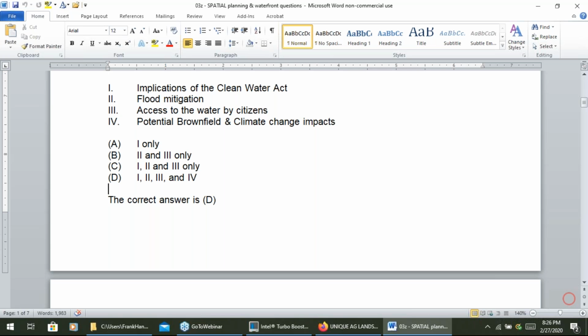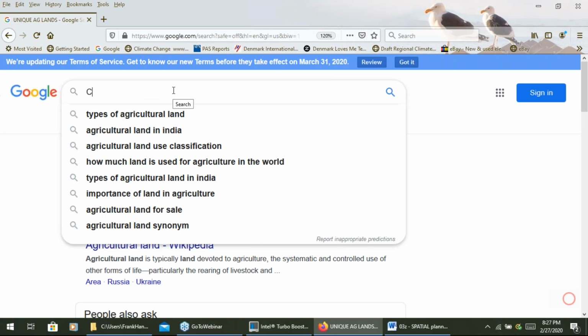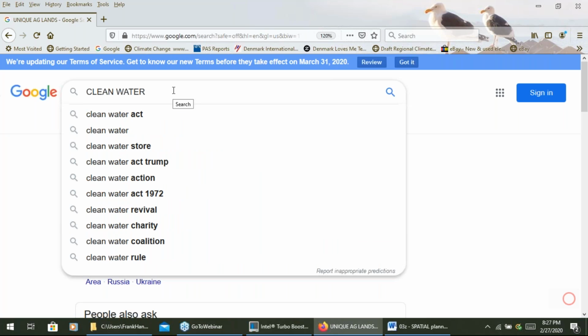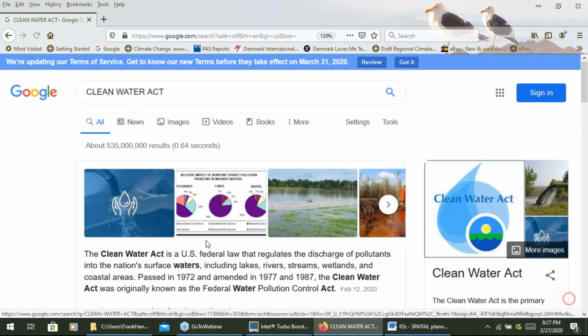Sorry, the Clean Water Act, I thought that was mostly about potable water. It's many things: potable and non-potable, industrial, everything.